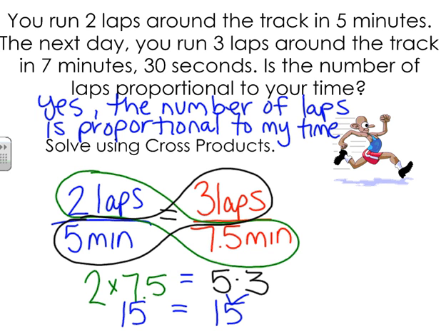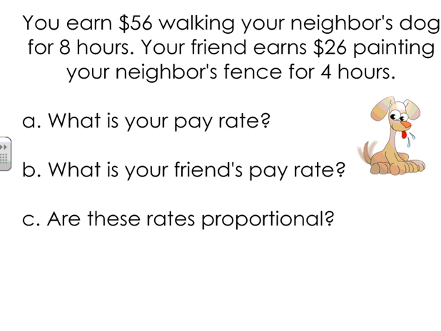All right, next we have an example. It says you earn $56 walking your neighbor's dog for 8 hours. Your friend earns $26 painting your neighbor's fence for 4 hours. Part A, we need to calculate your pay rate. So we want to know how much money you can make per hour, or in other words, we're going to find the unit rate. Okay, you make $56